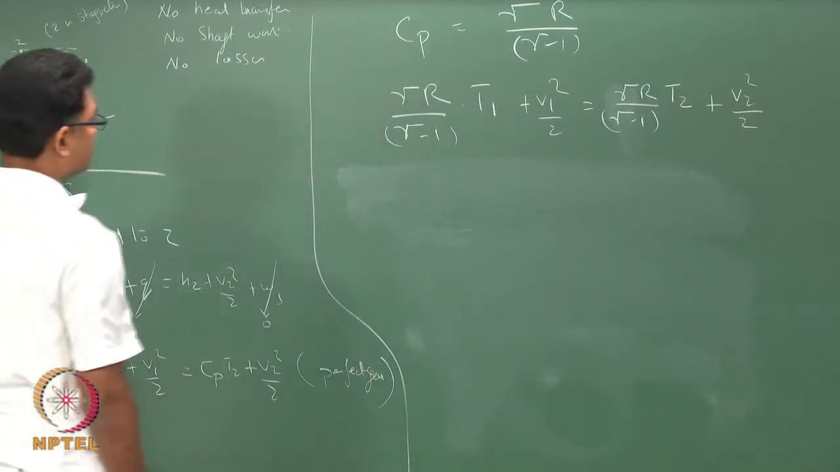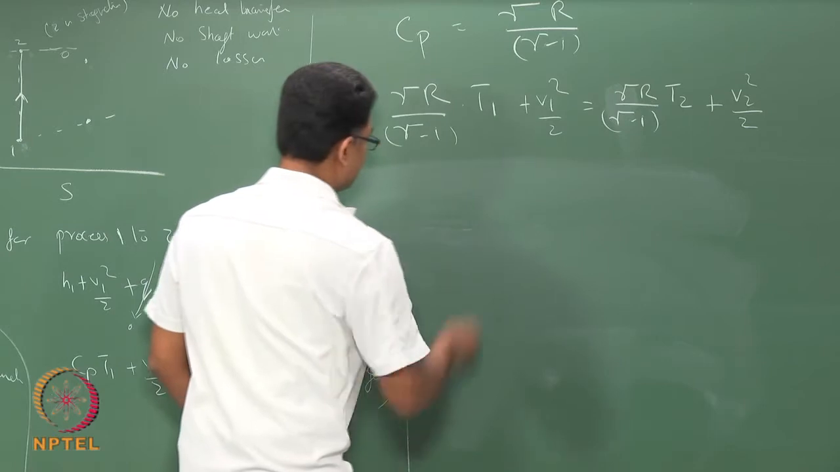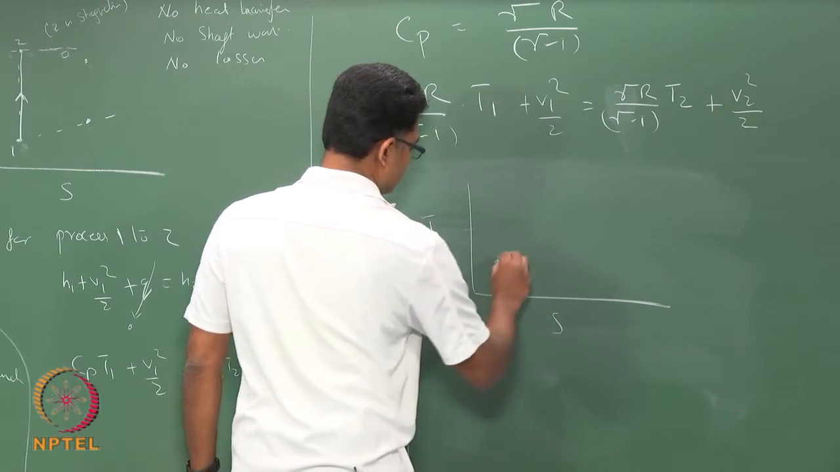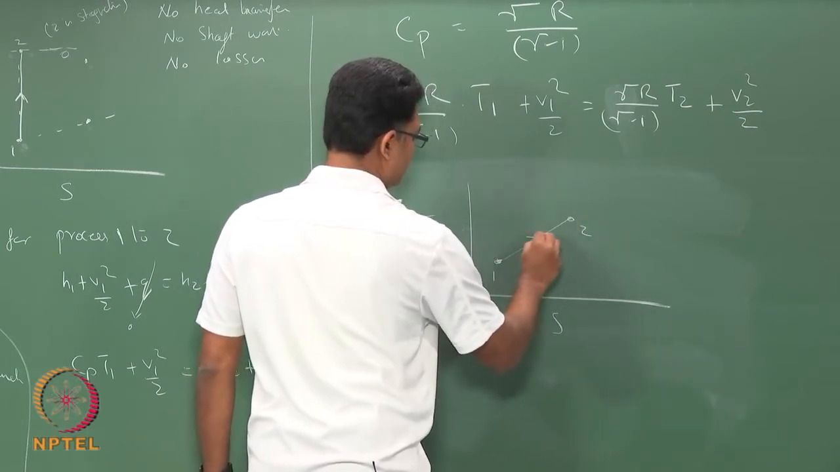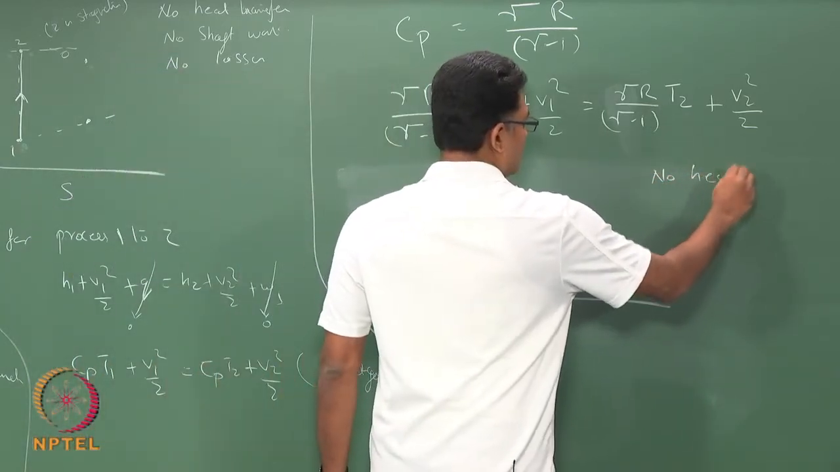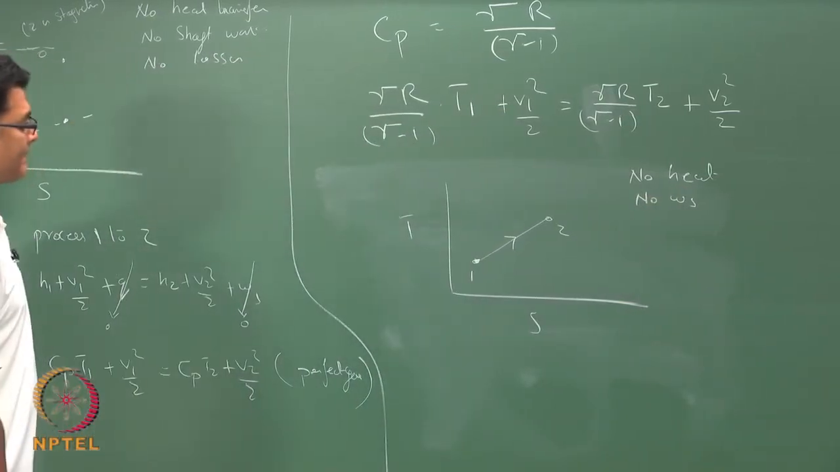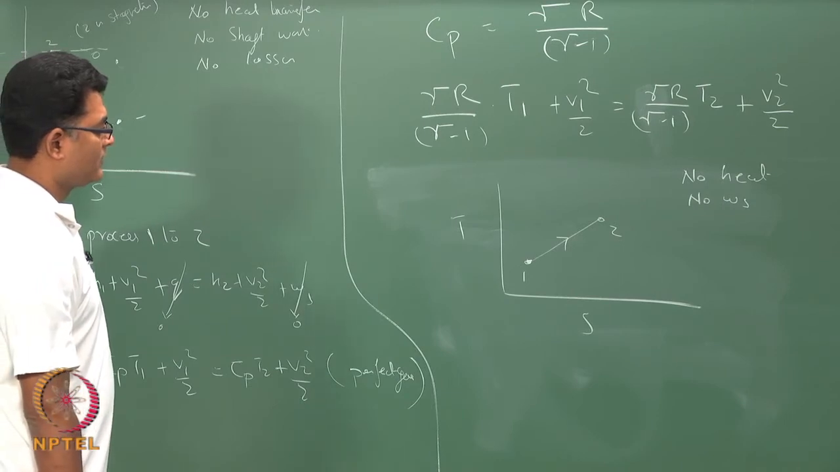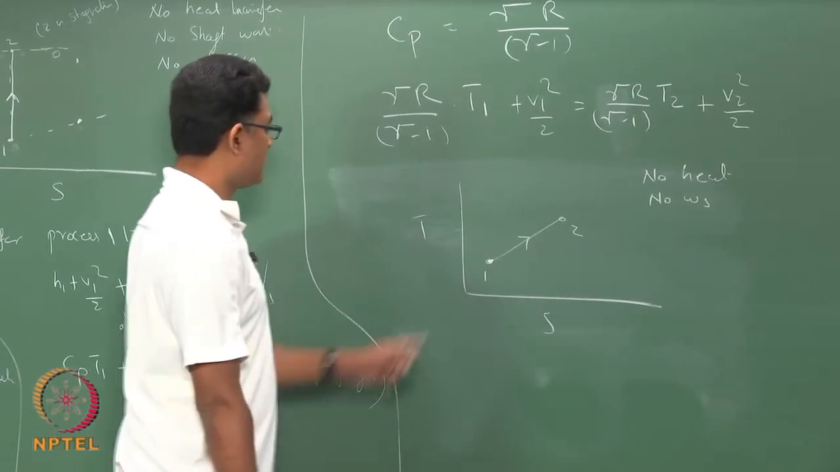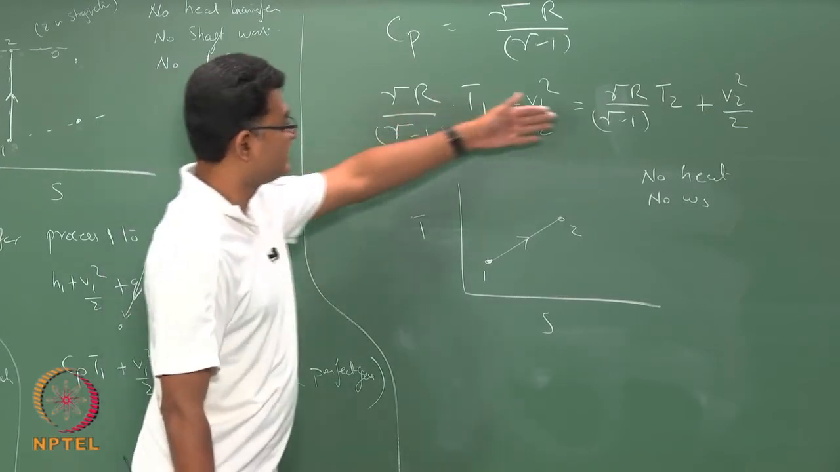So, between any process 1 to 2, I have T S. No heat, no Ws. There is some ds change. Okay. So, between process 1 to 2, if there is no heat and no shaft work, the stagnation enthalpy is